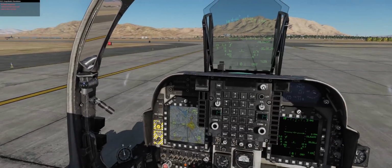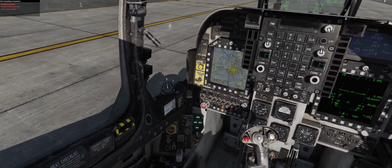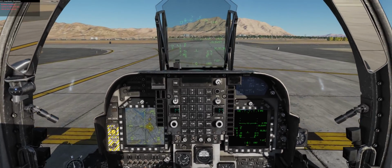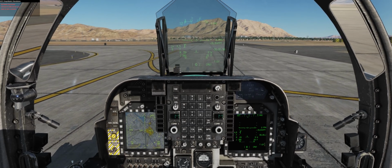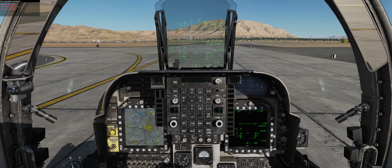All right, here's runway 3. At this point, what we're going to do is lower those flaps into the short takeoff and landing. You'll see it automatically goes down to 25 degrees of flaps. As I increase the nozzles, watch here, you've got 10 nozzle, 25 flap. As I increase that,